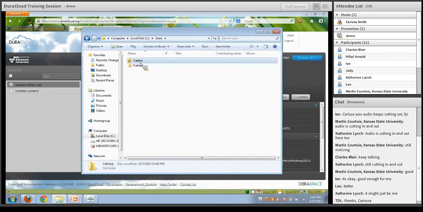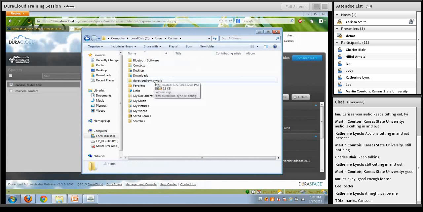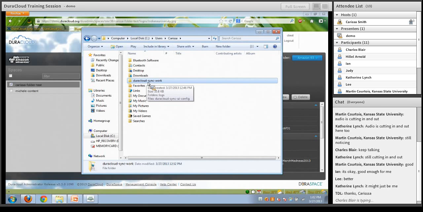So they're located in your C directory under the user that you've logged into this computer with, which in this case it's me, Carissa. And it stores all of its log files in the DuraCloud-sync work directory. It does create that directory the first time it starts up, and then it will continue to store those log